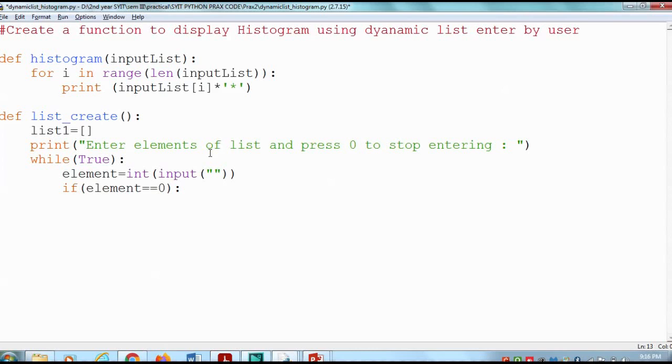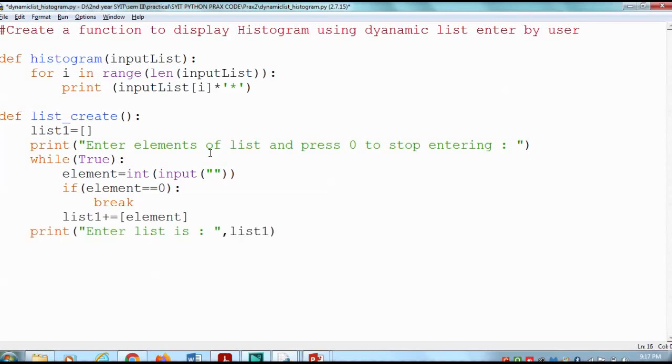If element equal to 0, we have to break the loop so that you can come out of the loop and your list will be completed. Otherwise, outside the if condition, we have to append the element to the list using list1 plus equal to, inside brackets, element, so that one by one each element is added to the variable list1.